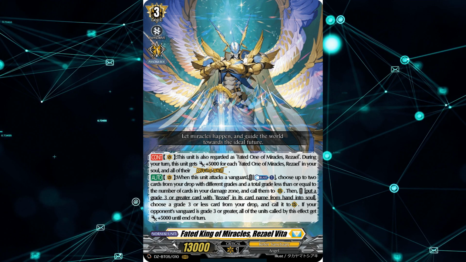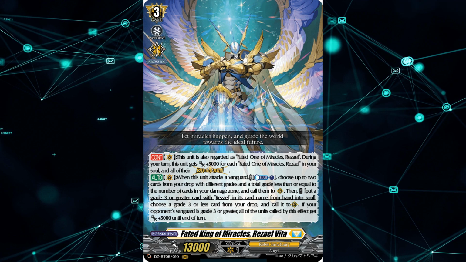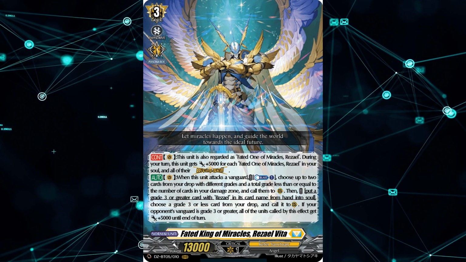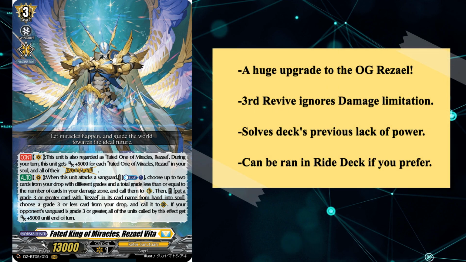Then, here comes the new stuff. Cost: put a grade 3 or greater card with Rezael in its card name from hand into soul. Choose a grade 3 or less card from your drop and call it to rear circle. If your opponent's Vanguard is grade 3 or greater, all the units called by this effect get 5,000 power until end of turn. Now, the benefits of this are massive and already explained when I was discussing the Fated One